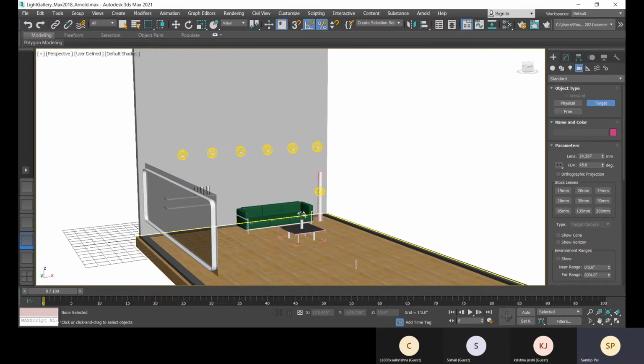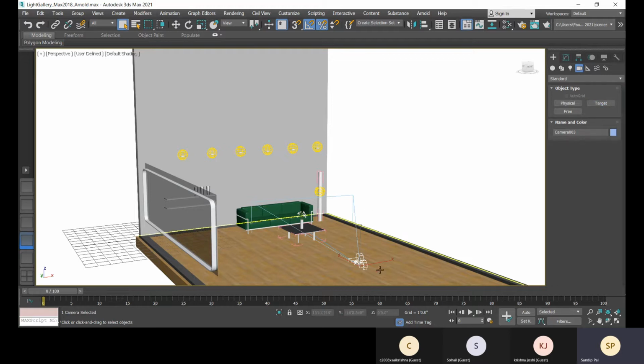So let's place it randomly right now. Okay, place it: click and hold the click, don't release it, click and hold and then drag to the target, and now it is placed. Okay, right click, now press W and then move it. See, I'm moving the camera. This is about the target camera. If you move the camera, the target will be fixed. If you move the target, the camera will be fixed.